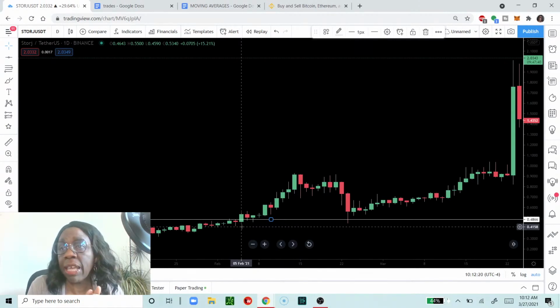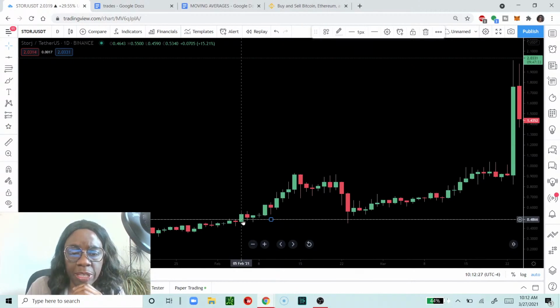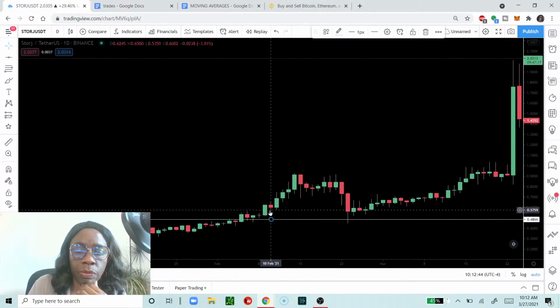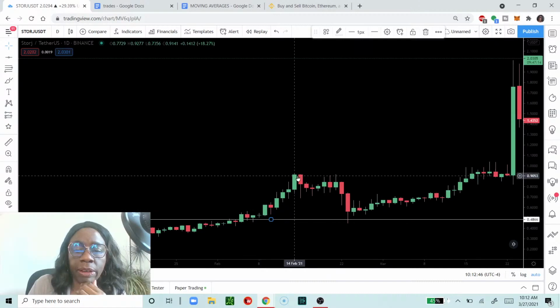At this point now we can see there's been a pump. From this particular candlestick, it could have been a pump, it could have been anything, but price action finally broke above this level, and it moved over 1, 2, 3, 4, 5, 6, 7, 8, 9. There it is. It moved right here.